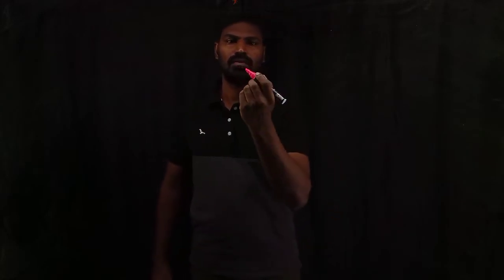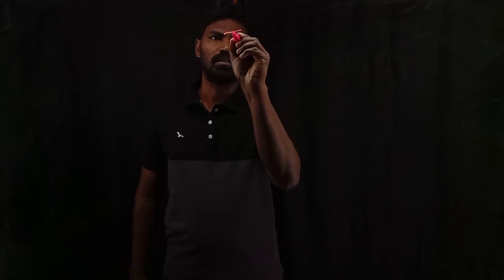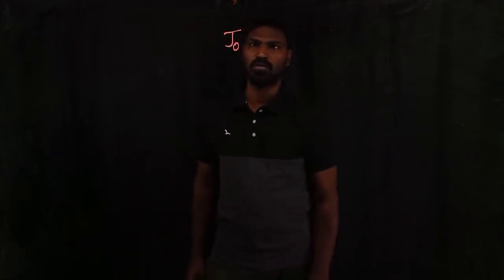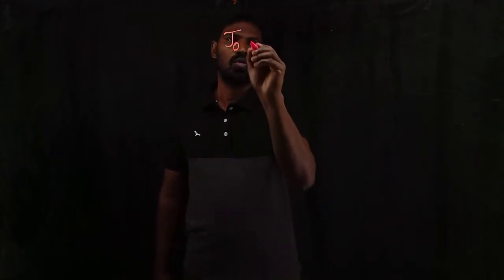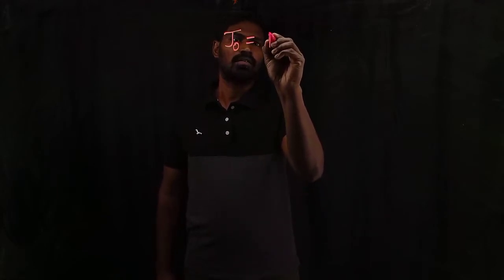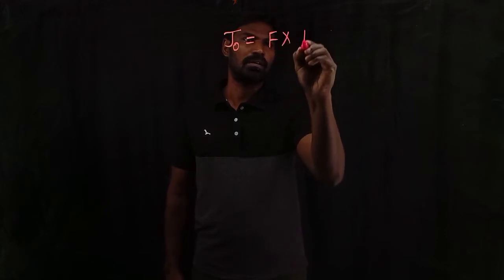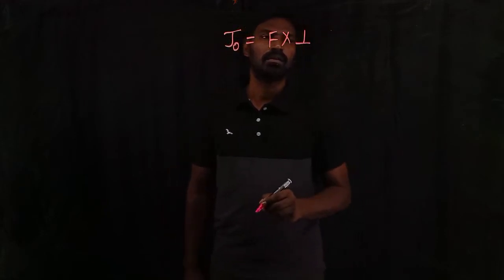I'm going to discuss how to write down the torque equation. The definition of torque is the magnitude of torque acting on a body about a point, let me call it O, about an axis passing through O. I'm calling it tau. Tau is equal to force into perpendicular distance between